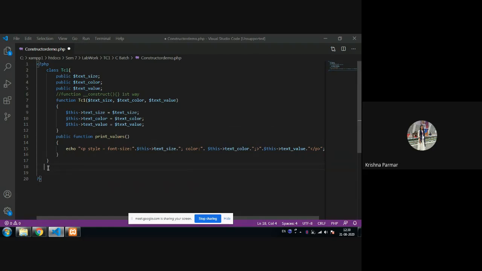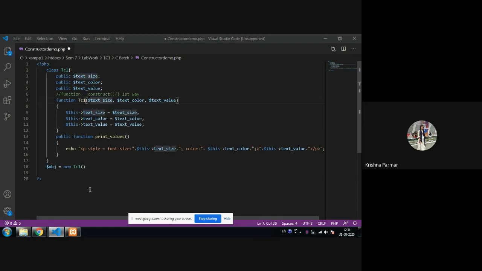Okay, fine. So now we have to create an object. We already did the constructor, and the method is already there. Now we go for the object creation. So how can we do it: obj, then new, and then tc1, that is our class name, or we can say constructor name. But don't leave it blank, because the constructor has how many arguments? Three arguments. So we have to pass these three arguments.